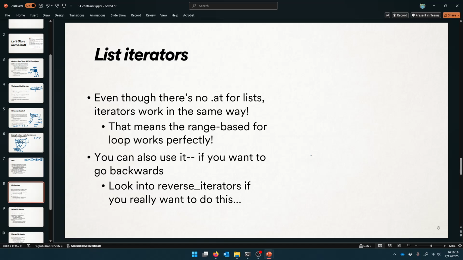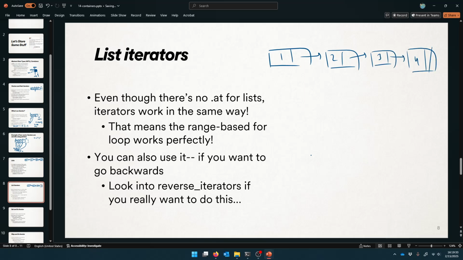You can do this. You can be like, all right, here's the list that I made, right? It was 1, 2, 3, 4. Under the hood, you don't have to know this. It's just an ADT, but it really is a linked list. It looks like this. And if you want to go through it, you can use iterators. You can be like, all right, IT equals L.begin. That'll set like a pointer to this node, just like that. And then you can be like star IT. It will give you back the thing at that node, the thing in your list right now, where you are looking. And then you can say IT++